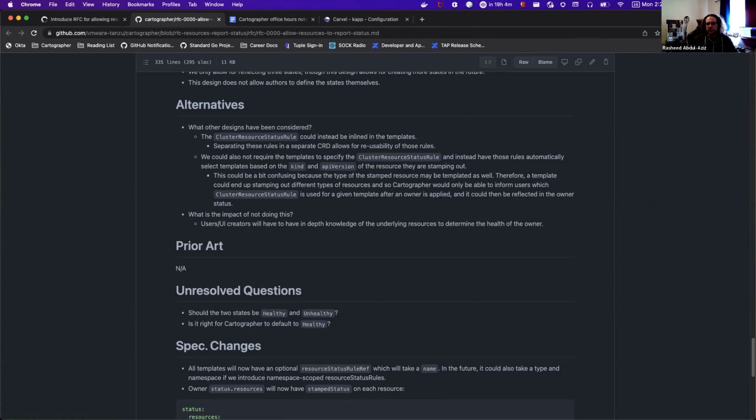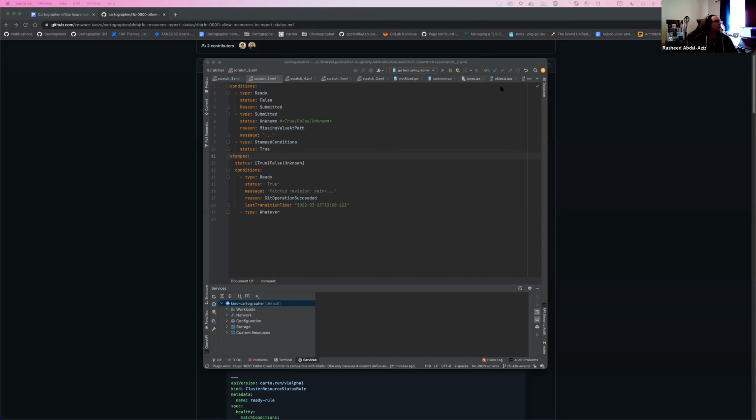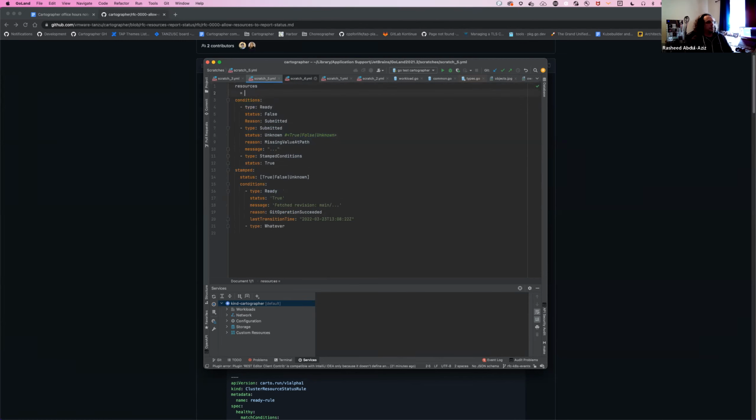The thing I actually wanted to discuss was I've been working on the information architecture view of a workload. Can I share screen real quick, Marty? Because this leads into the one that I actually wanted to ask, which was, imagine we're inside a workload here. Sorry, this is just a snippet of information, but I was thinking that in a workload under resources where we list them, it might be a builder or something like that,